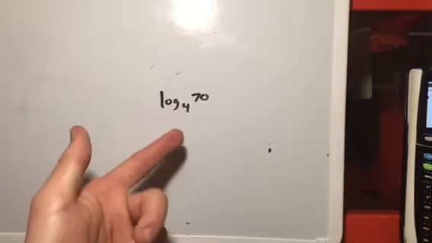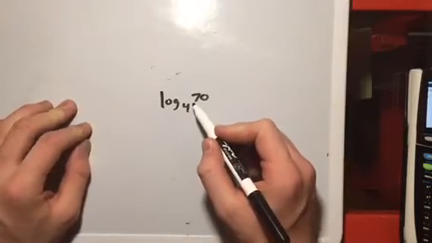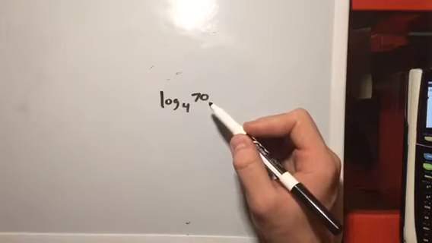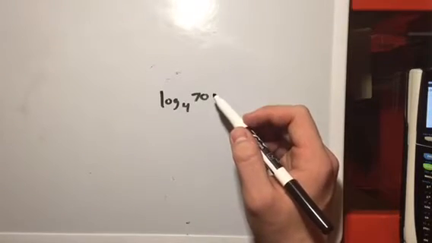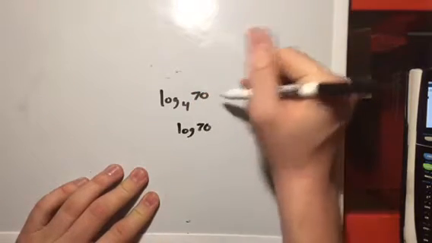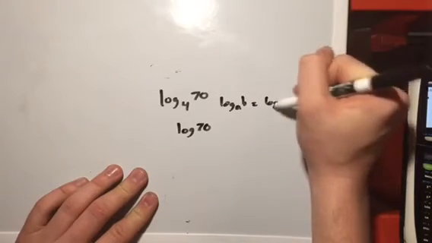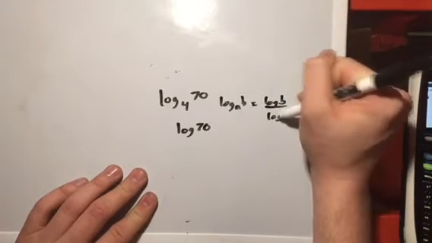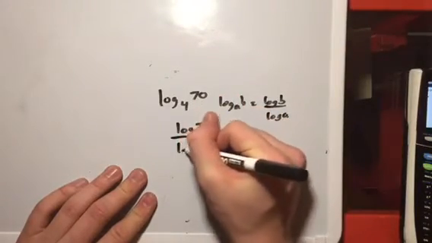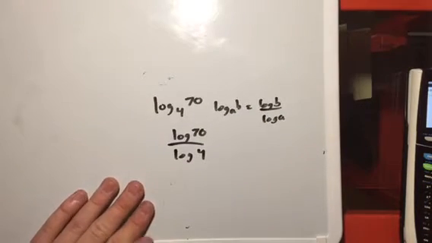Now let's take log base 4 of 70, for example. There's no way we would be able to figure out 4 to the power of what goes into 70, since these numbers have no relationship whatsoever when it comes to powers. So in order to figure this out, since our formula is log base A of B equals log B divided by log A, we would have log 70 divided by log 4. And we would plug this into our calculators, and the answer we come up with is